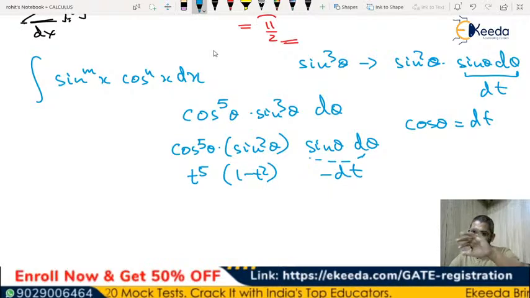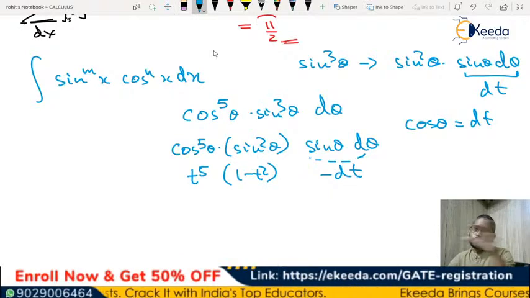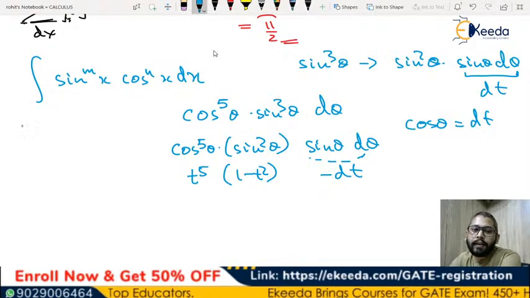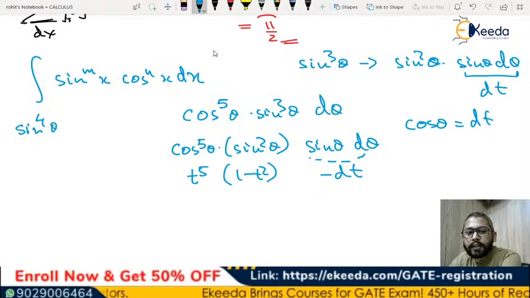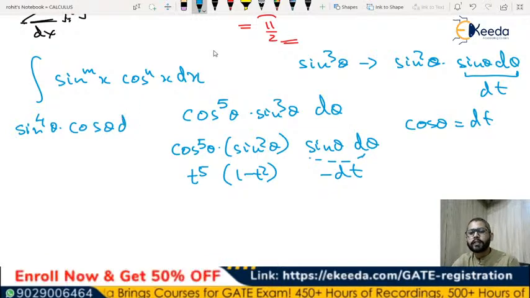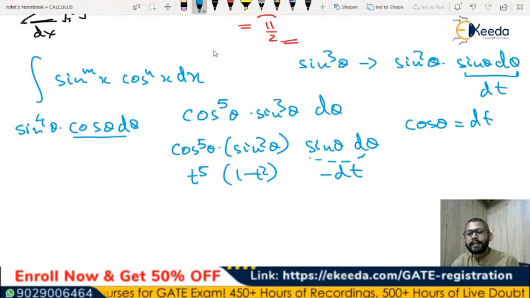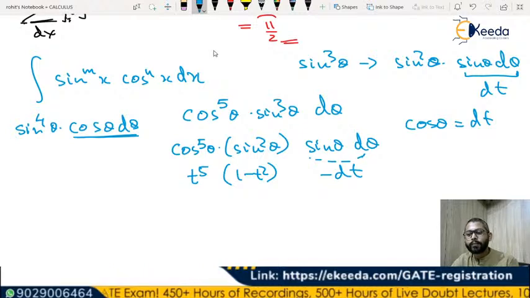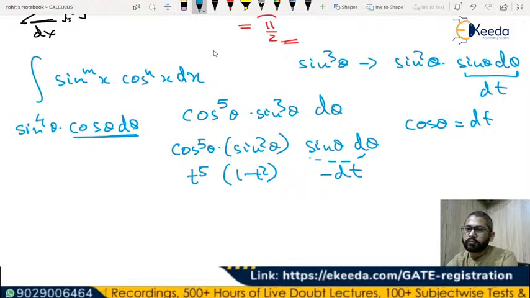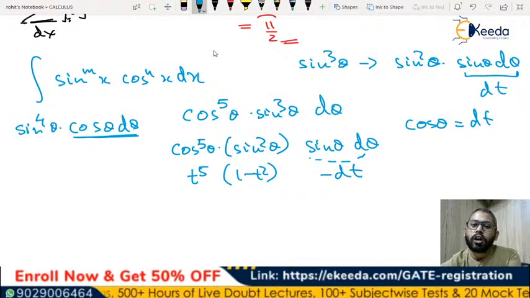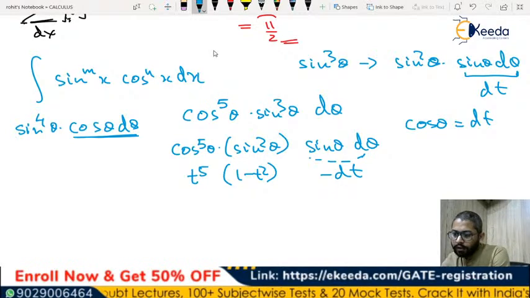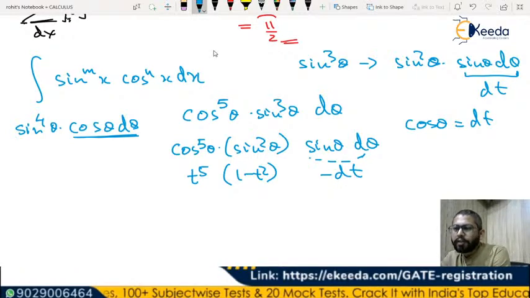So all such trigonometric functions of cos and sine, like what if we have both, like maybe sine 4 theta into cos theta? Very simple, because now you have cos theta d theta, you can directly take sine theta as t and make this dt. So you have to see which one is your odd power and which one is your even power, because this odd power can be taken out, making it dt or dx, anything, so that